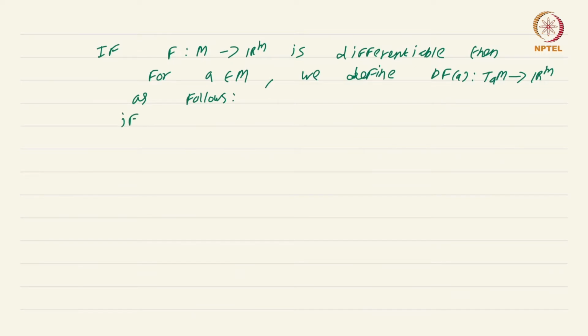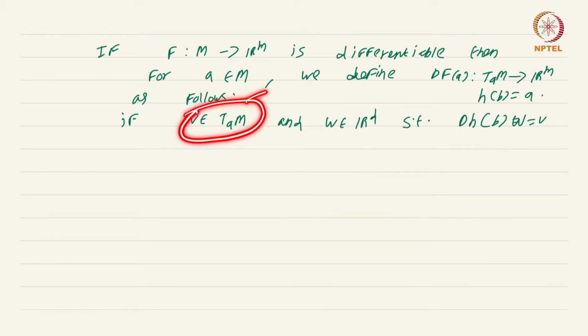If V is an element in the tangent space and W is a vector in R^d such that dH_B(W) is equal to V. So I'm assuming H(B) is the point, B is the point that maps onto A under the parametrization. So if you consider the parametrization and you know that the tangent space is the image of dH at B, then given a vector V in the tangent space, you can find a vector W in R^d such that DH_B(W) equals V. So you make these choices, then